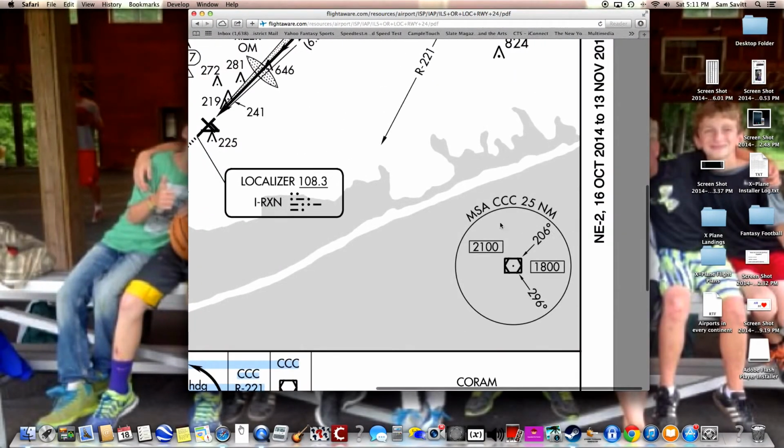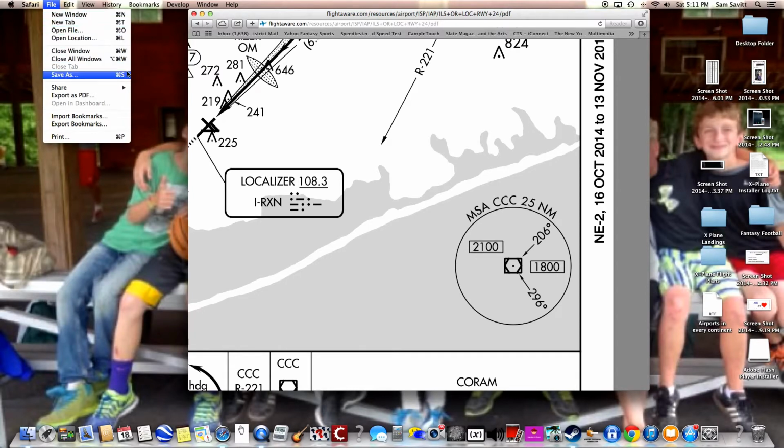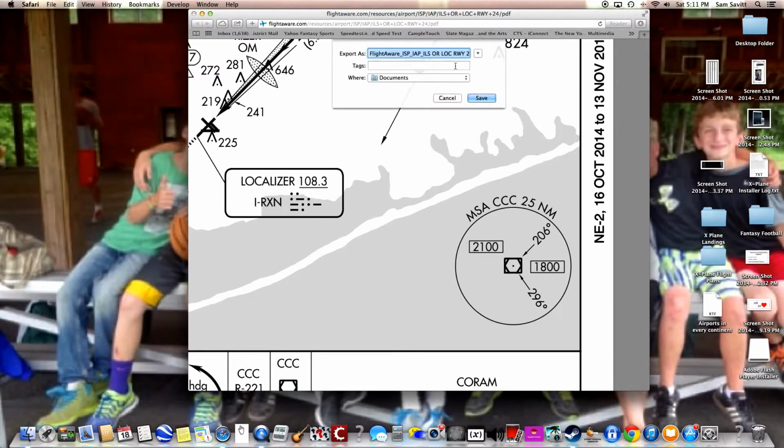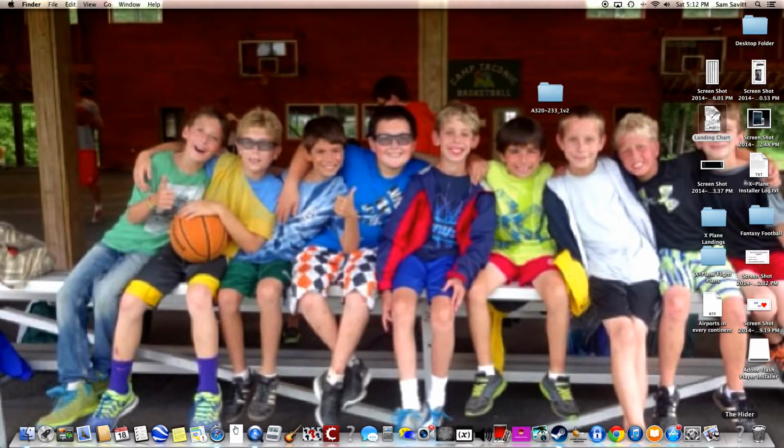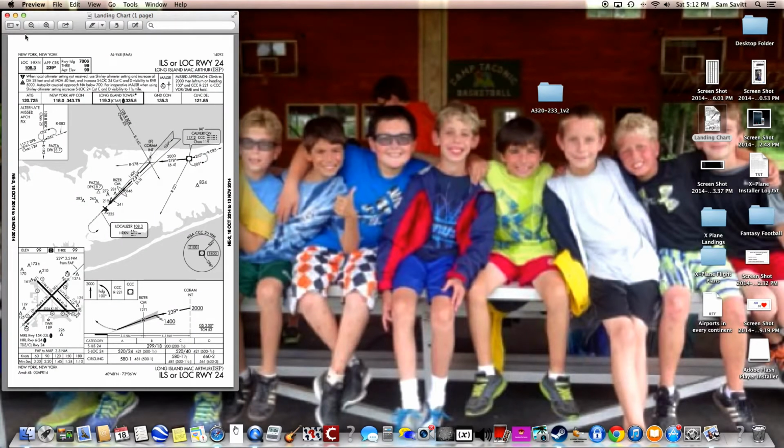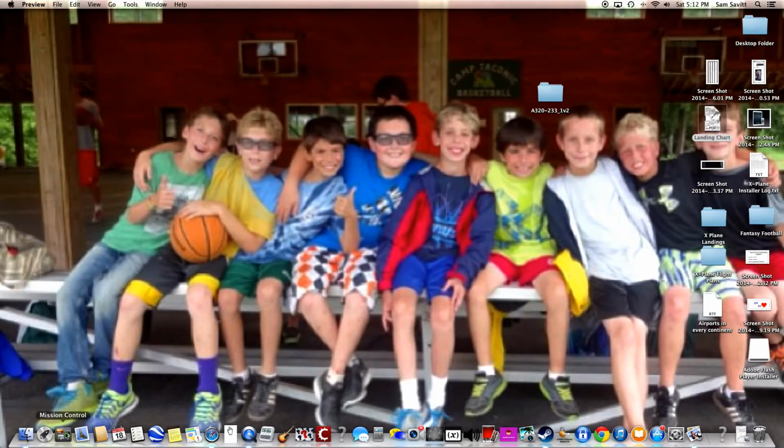So let's just download this quickly. I think it's file, export as PDF. Okay. And landing chart, and we'll save it on our desktop for later. Okay, so now as you can see, we have it on our desktop as landing chart. And now we can view it in preview right over here. Okay, so now what we're going to do now